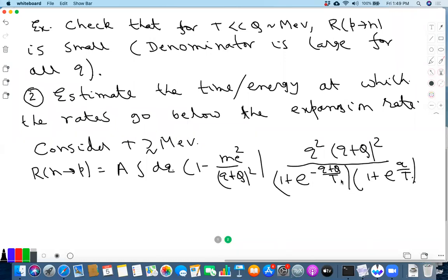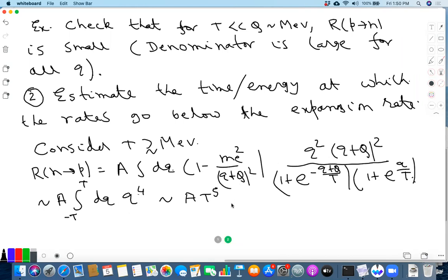Okay. So from this, it's clear that the integral runs over the range q of order t, right? Because when q becomes much larger than t, this becomes small. When q becomes much smaller than t, then this becomes small. Okay. So q is roughly of order t, which is the same as of order q. So this is roughly A times integral, say minus t to t dq q to the 4, because I'm just replacing this by q square since small q is of order t anyway. So this is q to the 4, so that's like t to the 5.